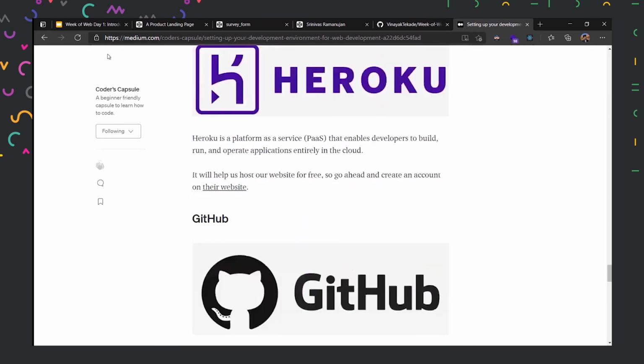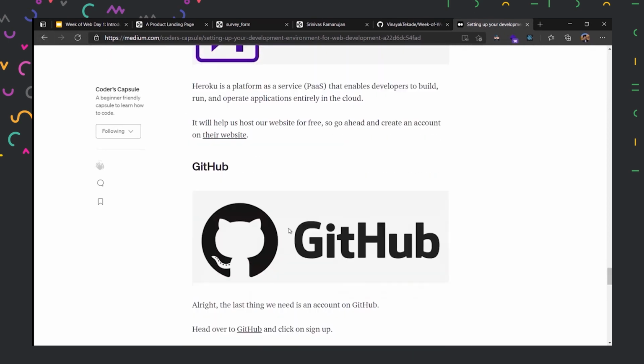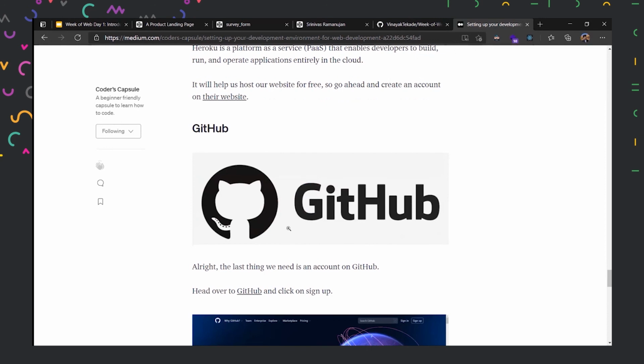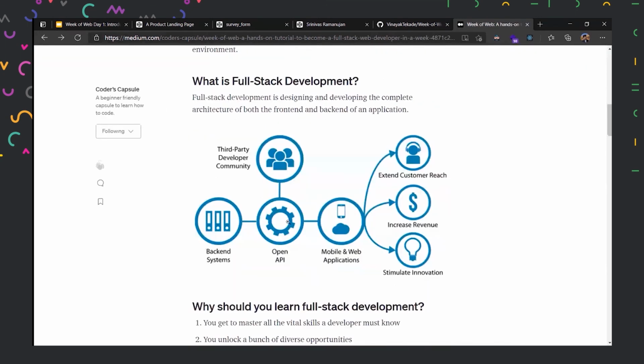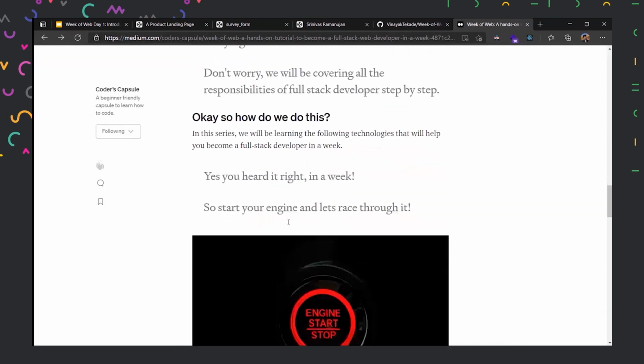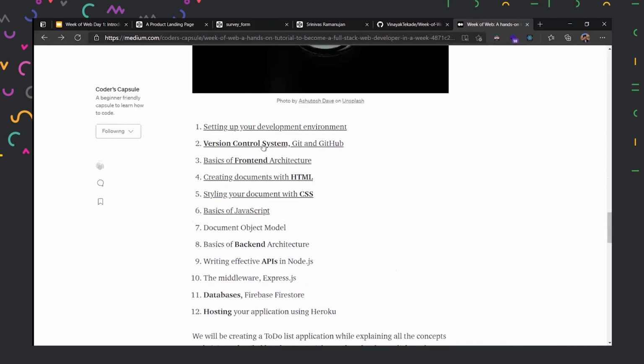If you're done, then here you can set up all your installation files and install all the softwares. And then let us say you have a doubt in setting up your GitHub. Then we have version control system, Git, as the second article. And like this, as we go throughout this session, I'll be updating all the articles over here one by one.